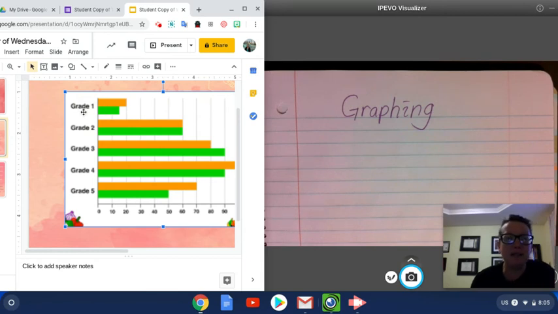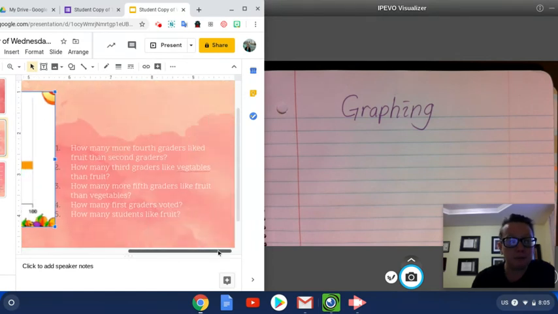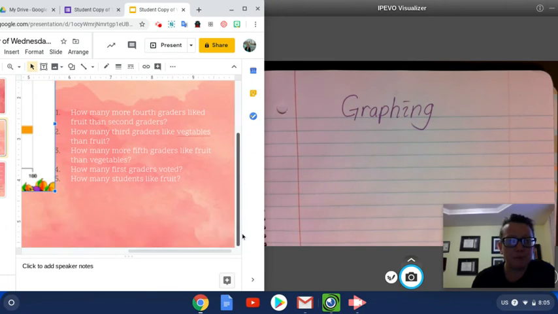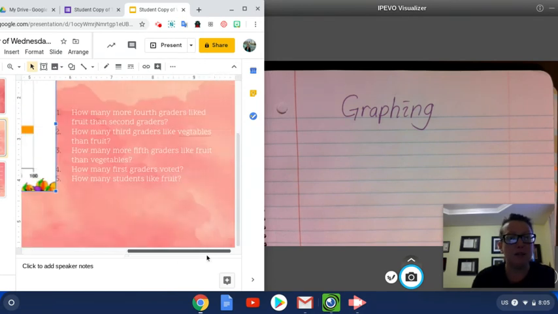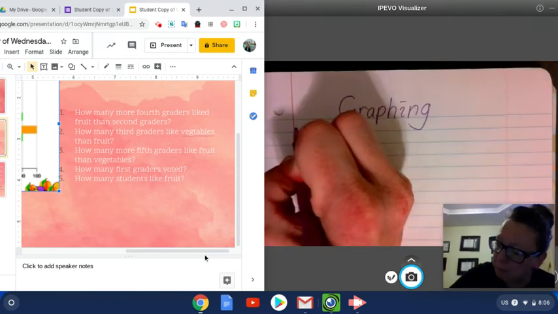And if we notice, we see grade 1 in our categories, but then we see two bars. We see an orange bar and a green bar. So we need to look and it says, oh, I'm sorry, it's yellow, not orange. Those are the ones that like fruit, and the green are the students that like vegetables. See, we need to look for our key because that's going to tell us. So let's go back over here, and our question number 1